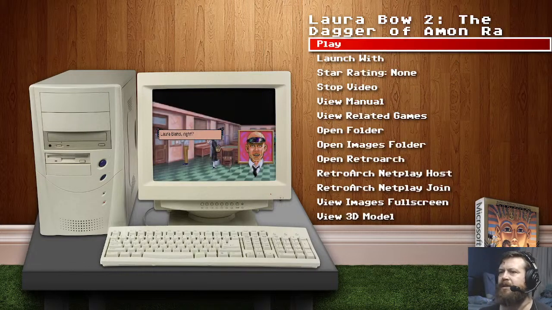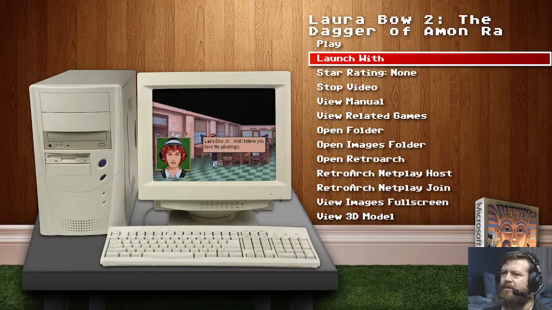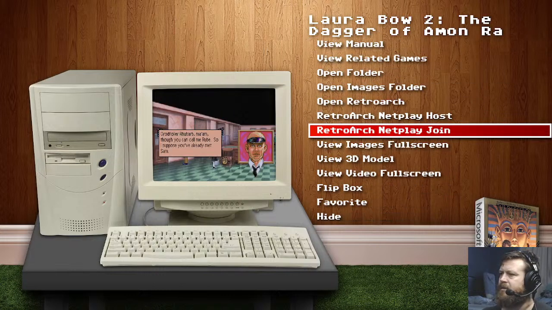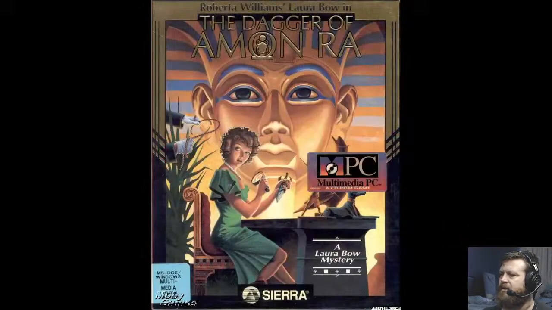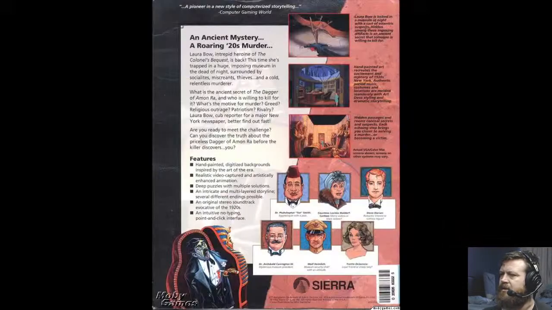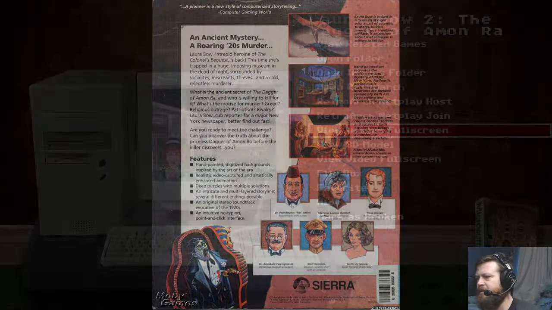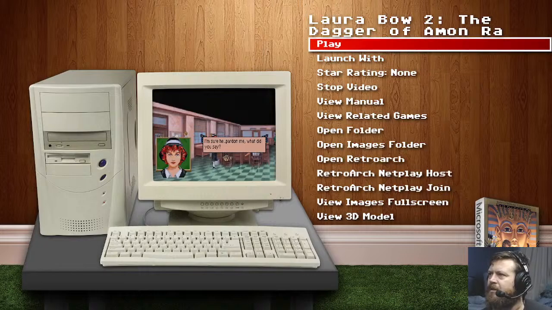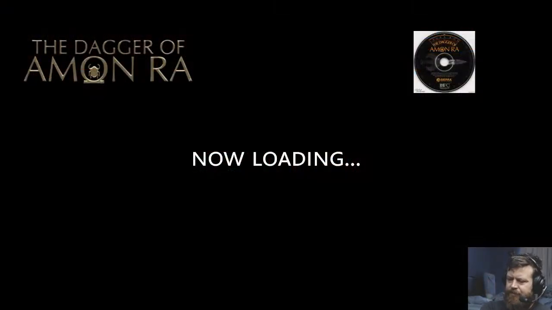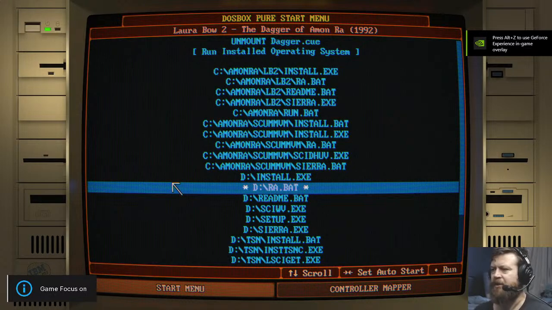See, the dagger, I remember the dagger of Ammon-Ra. This one might actually be pretty good. Should go back to that sound and start chanting, make number go up.